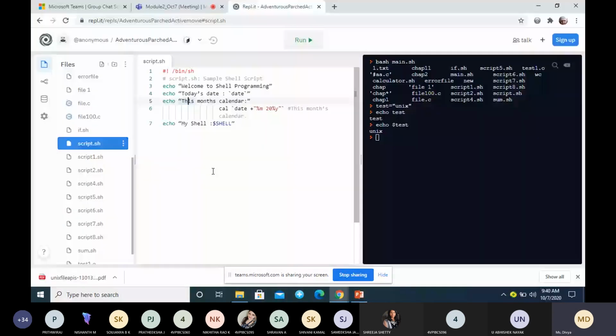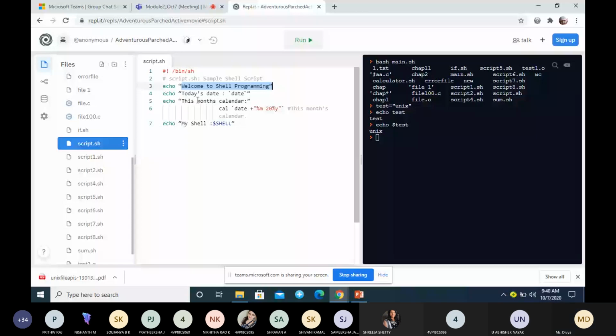Then we have the echo command. We have already studied echo, printf. Why is the echo command used? To print, to display the message.